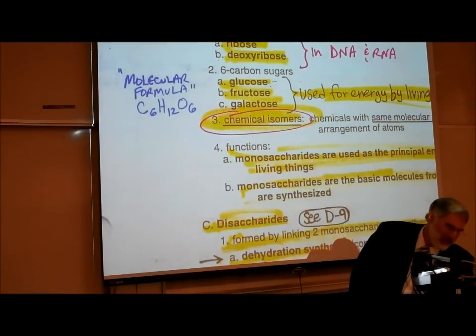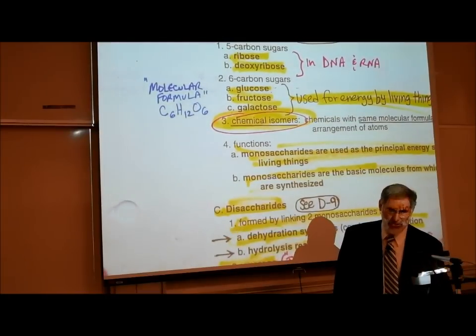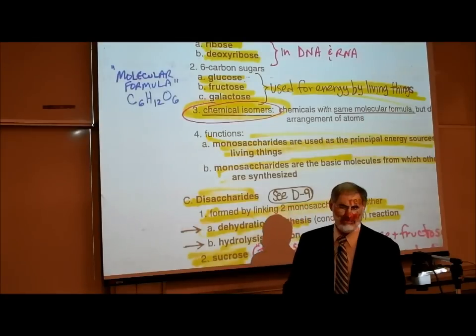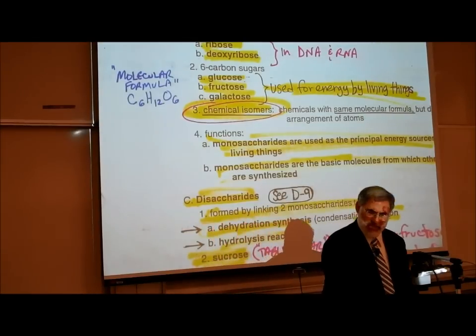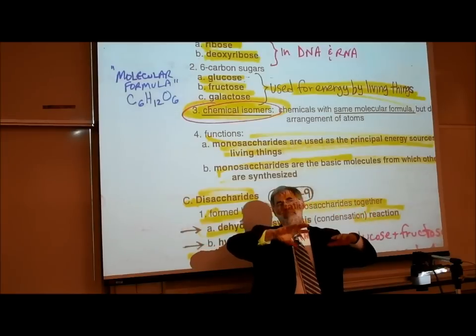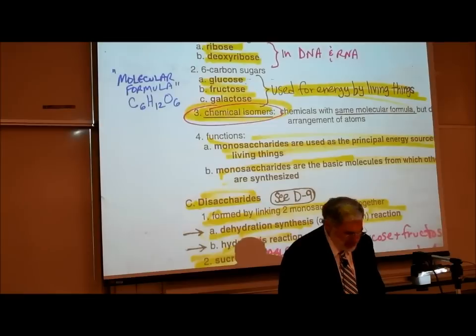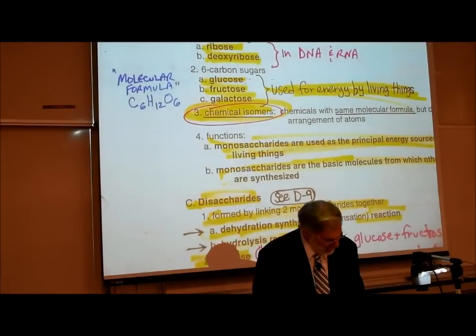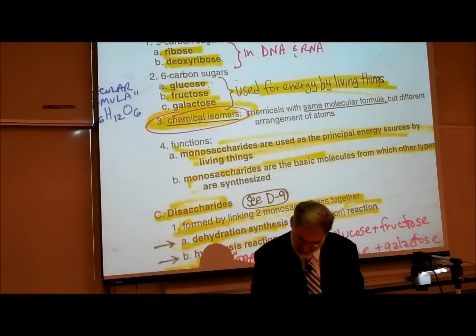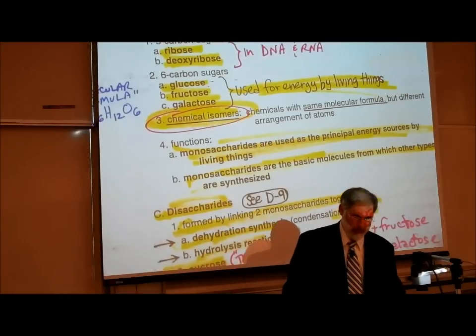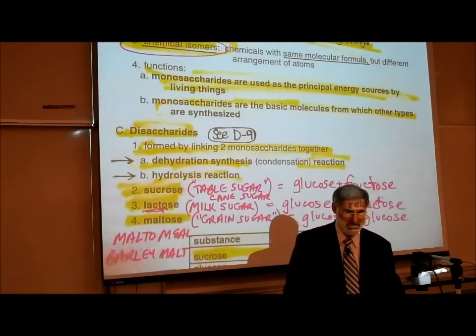So then that raises the question, well, wait a second. If all three of them contain 6 carbons, 12 hydrogens, and 6 oxygens, how come they have 3 different names? And the answer is, even though they have the same number and types of atoms, they're not arranged in the same pattern. Let's look on page D9. We wrote that right here. It says see page D9. So on page D9,